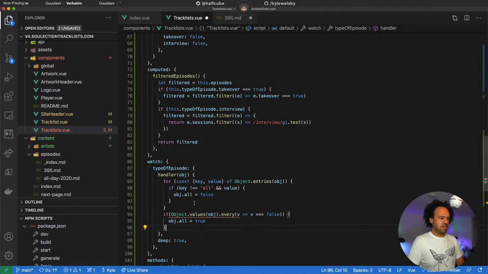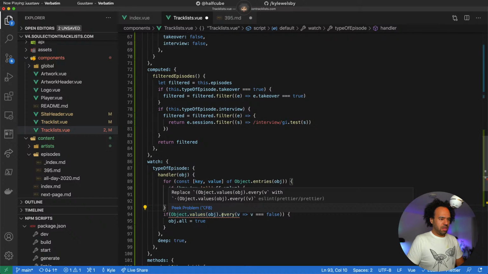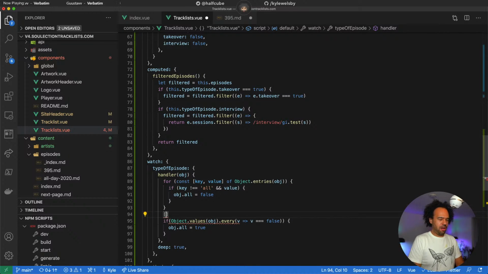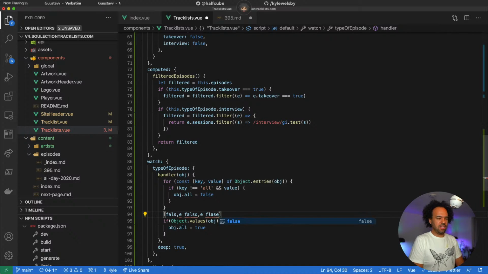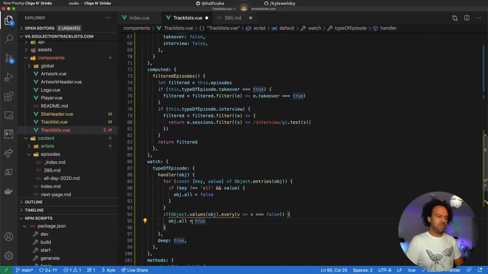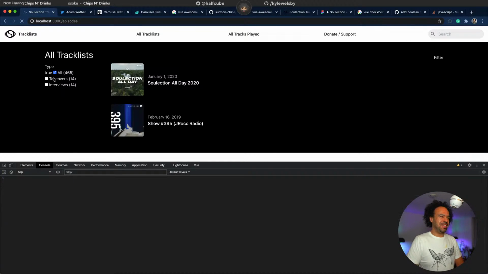See what I'm doing there? All the values. So we should then have an array of false, false, false, and if they're all false, we set true. Yeah, that seems like it's right.